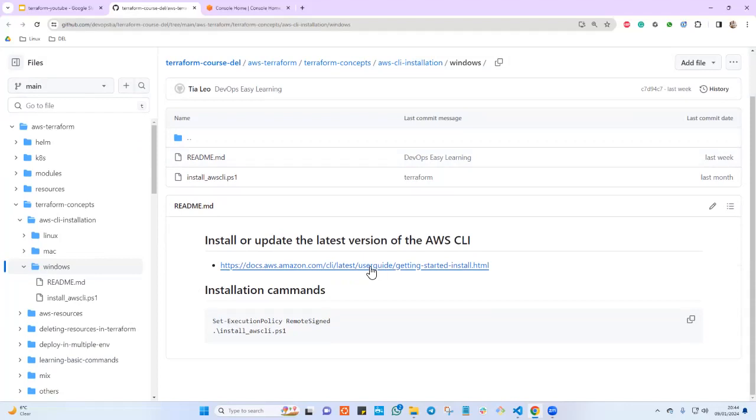Here, I basically have a link on how to install AWS CLI. What we are going to do is just download the MSI package from AWS documentation. And once that is done, we'll go ahead and install that, create an IAM user and configure that properly. If you click on this link and say open in new tab,